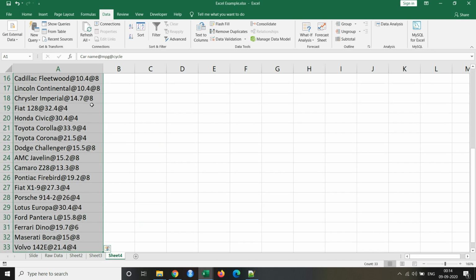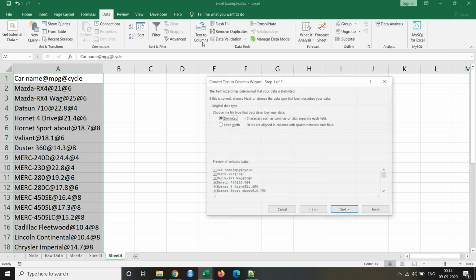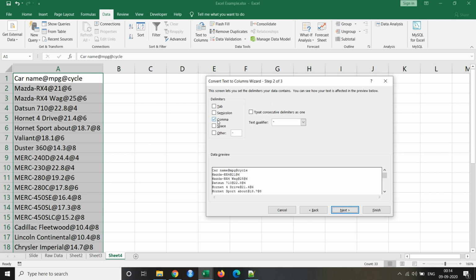We'll select this entire range, then go to data, and click on text to columns. Again I'll choose delimiter because I don't know the fixed width of each car name. Another reason is that each car name would not have the same length, right? So I'll choose delimiter, then I'll click next.